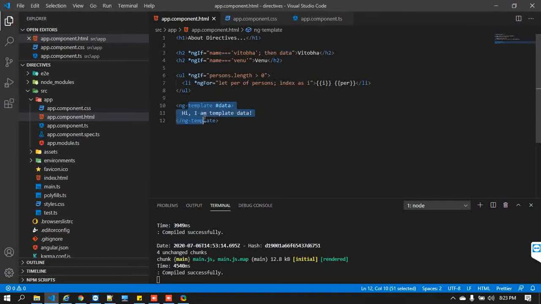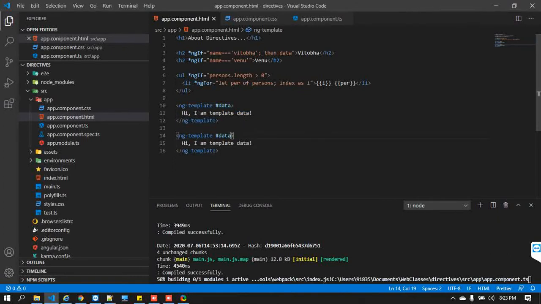Okay, for example, I am going to create one more template. It's very simple. So let's say this is data 2. Here I am, template 2 data. I'm just keeping template 2. So now at this moment I'm going to put else and data 2. Okay, so now save it.